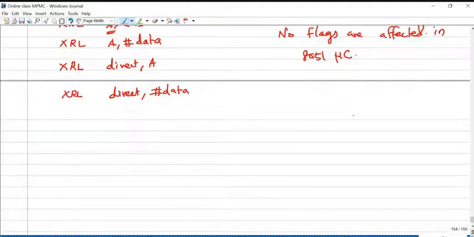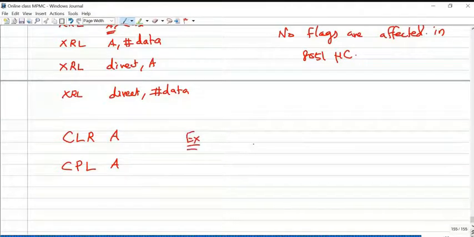Next, two important instructions for byte level logical operations: clear accumulator and complement of accumulator, CLR A and CPL A. Only the accumulator content is affected, and here also no flags are affected. Clear accumulator means your accumulator content will be 0 after execution of this instruction.